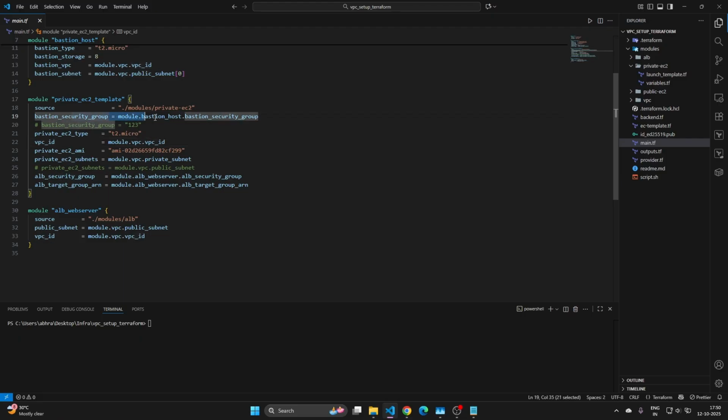Okay, so the Bastion security group I have explained. We also need the ALB security group and ALB target group. The ALB security group is used as the security group for the private instances. And the ALB target group is used for the auto scaling, which I have provided with the ALB target group, because the auto scaling will connect with the application load balancer. So that's why. So this is the ALB